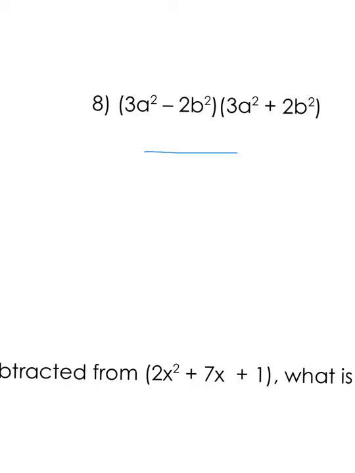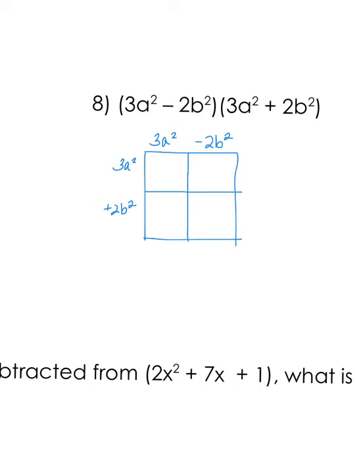So we're going to start by putting one of our binomials along the top of our area model, separating the terms, and one along the side. Again, it can be the left side or the right side. We're going to draw a boundary between the terms on the top, draw a boundary between the terms on the side. That creates our 4 boxes if we finish it off, and we have 4 spots for our multiplication,